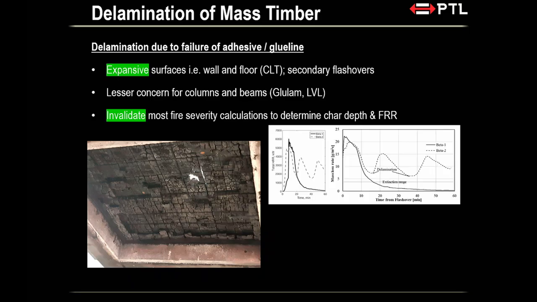All right? So this is what the delamination does to the fire curve. Over here, this black line, what you have is the fire picking up, char develops, okay? So char develops, that inhibits further burning, so the fire goes out, right? If you don't have the delamination, that's fine. But if you have the delamination, you start getting this secondary flashover happening. Basically what happens is whenever the heat source goes past this glue line, all these chars start falling off. Char falls off, exposes the fresh timber behind that. Fresh timber will start burning again. So the fire just continues to do a bit of dancing and doesn't really go out.